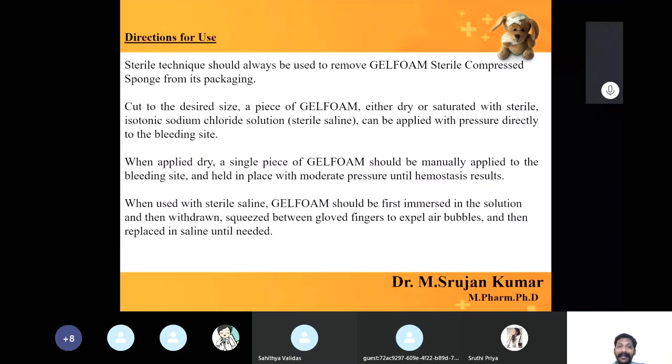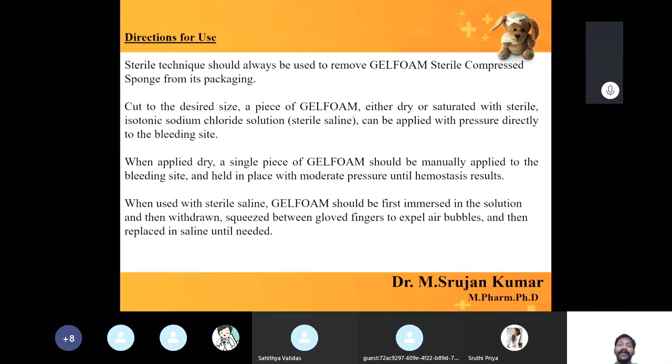Worn edges should not be present. Clear? So it should be free from fraying. Okay, after that you need to cut the piece of gel foam. After cutting the piece of gel foam, this gel foam can be used directly, in dry condition, as such,